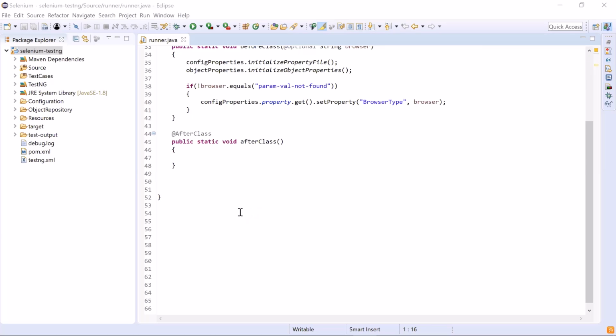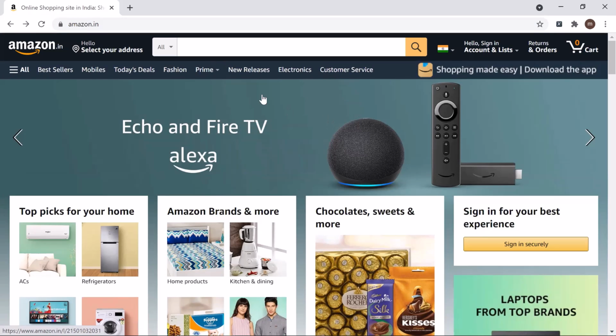In this XPath tutorial series, we'll see how we can create XPath for different web elements available on the web page. XPath is basically the XML path which we use to identify or navigate nodes in an XML document. So today we'll see how to create a basic XPath for a web element.